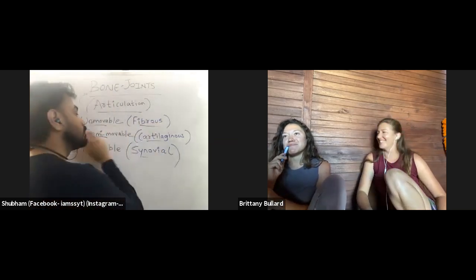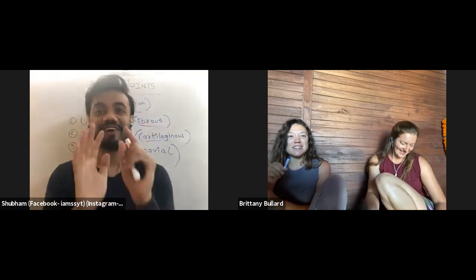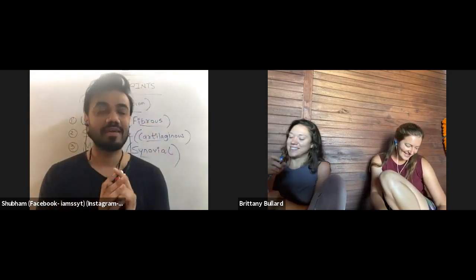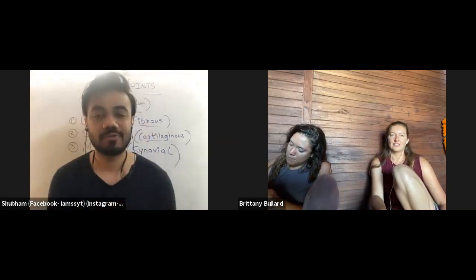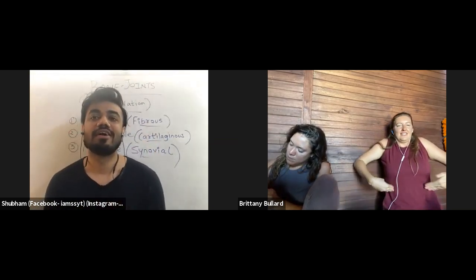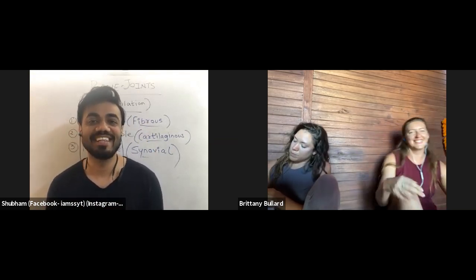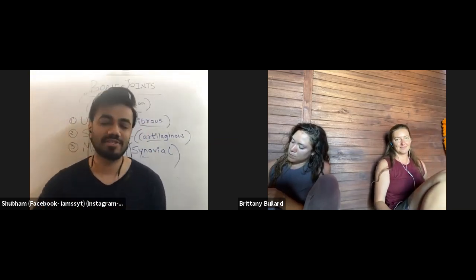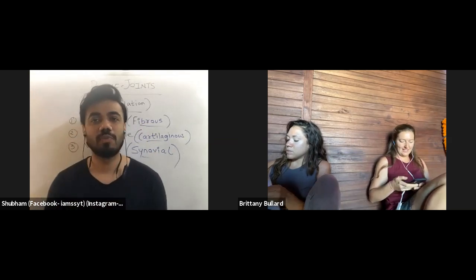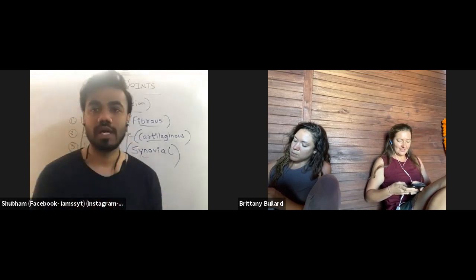So the rest of those bones which are fixed, fused, that protect our important part, brain, those are fibrous bone joints. Okay. The next, semi-movable bone joints, cartilaginous, where will we find them? Yes, our ribs, and in between our vertebra and the spine, you will find the cartilaginous bone joints. And the rest of the joints in our whole body are known as movable bone joints, that are nothing but synovial bone joints.